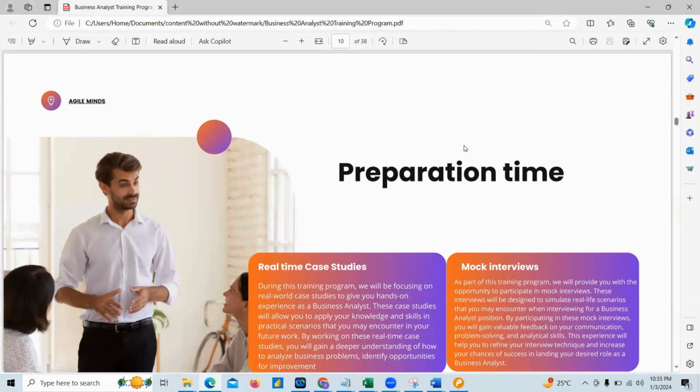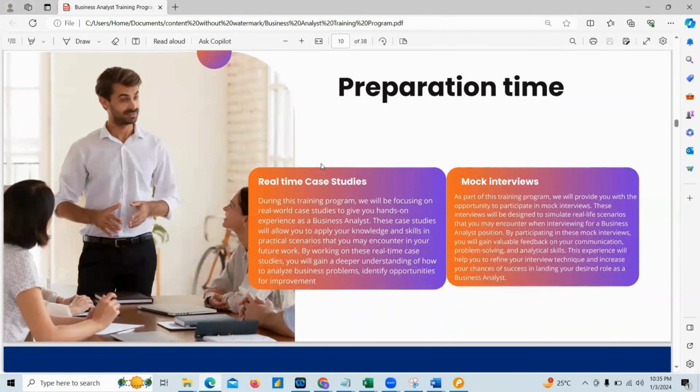And preparation. Once we are done with the training program, as I mentioned, you will get the case studies and also I'll be doing the mock interviews. These mock interviews are based on your choice. If you want me to do mock interviews immediately after the training program, I will take your mock interviews. Or if you want to do mock interviews whenever your interview is scheduled, then I will take them at that point of time.